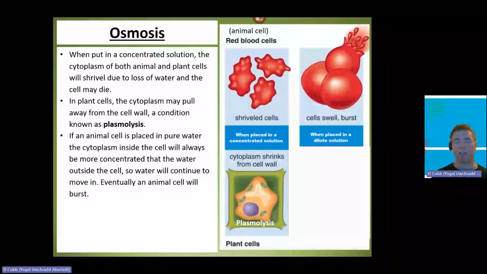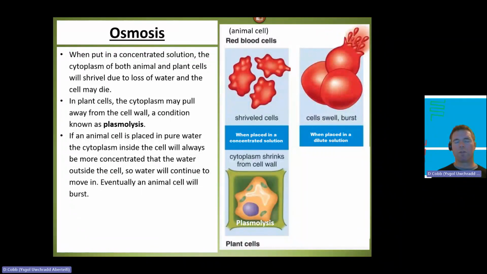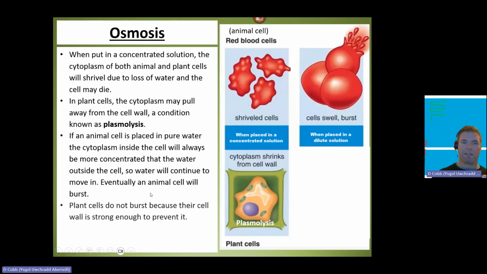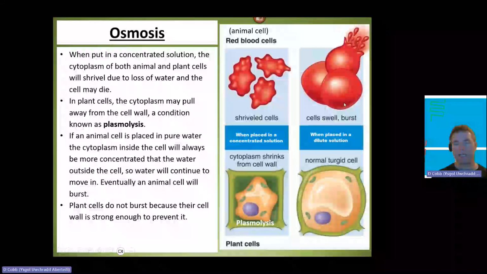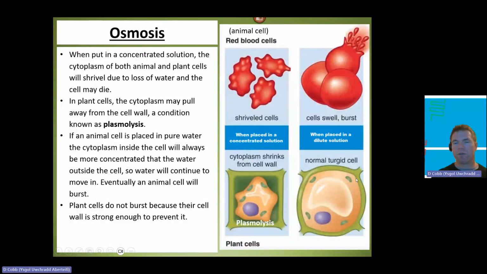And there comes to a point where the wall of that water balloon can't take it anymore and it will burst. With a plant cell, they don't burst because they have a cell wall. So what happens with a plant cell is the contents of the cell will swell in the same way as an animal cell, but once it starts to push against the cell wall, the wall starts to push back and restricts how much that cell can expand, can swell. And so plant cells don't burst. They get to a stage which we call being